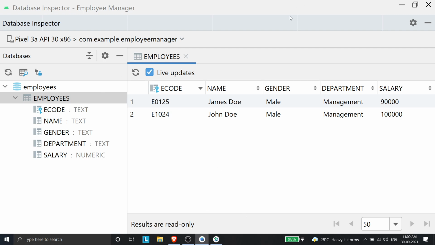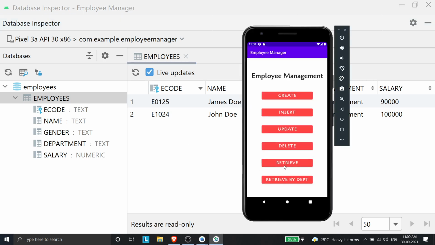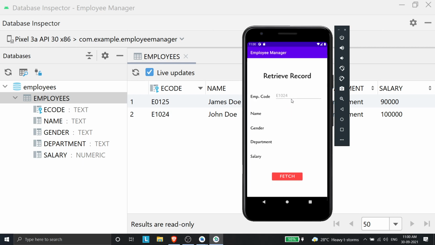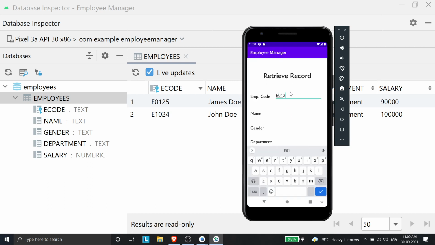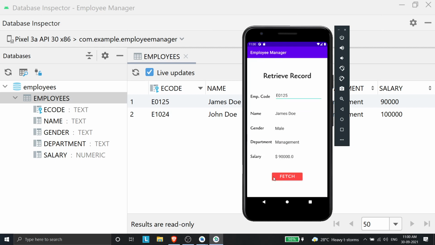This is really helpful when you just write an add function and you want to see whether it's been added properly or not. This helps you visualize what's inside the database without having to actually write functions from the front end side to view the database. So if I go to retrieve and type E0125, I should be able to get the entry for it. Yeah, as you can see, the entry is being populated.